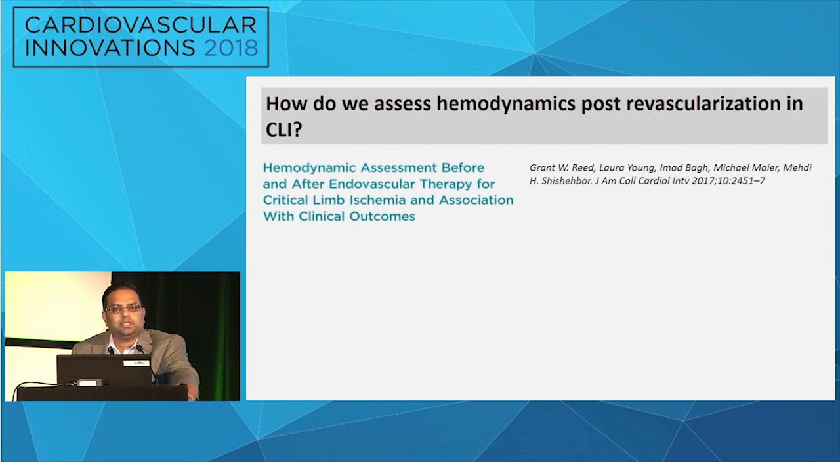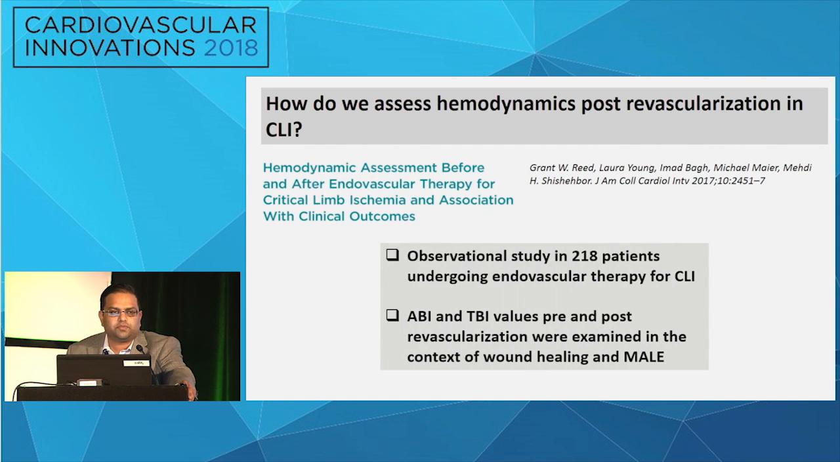So once we assess them at baseline, we want to be able to follow these patients longitudinally. So how do we assess hemodynamics post-revascularization? And that's what Dr. Shishebor's group looked at. They had an observational study, 218 patients undergoing endovascular therapy for CLI. They looked at pre and post indices and examined this in the context of wound healing and major adverse limb